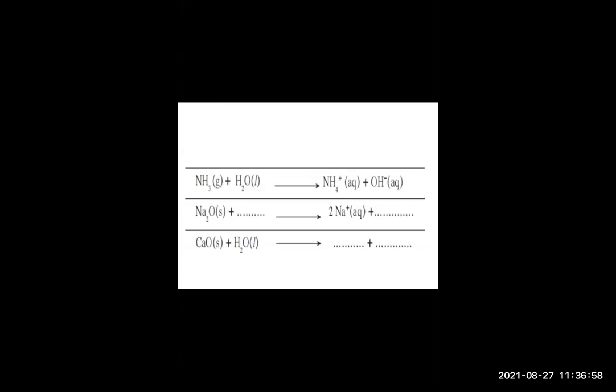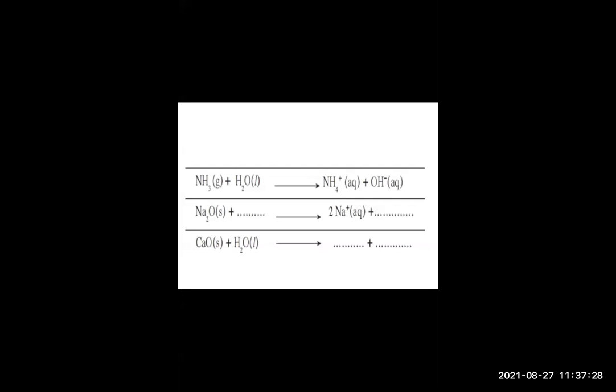Okay, Aditi, correct. So ammonia is in gaseous state, water is in liquid state, and sodium oxide is in solid state. But after undergoing dissociation, we have to write it as aq everywhere, in brackets. Why aq? What is aq, students? Who remembers it? Purva, aq should be written in small letters, not capital letters. Very good, aqueous. aq stands for aqueous.